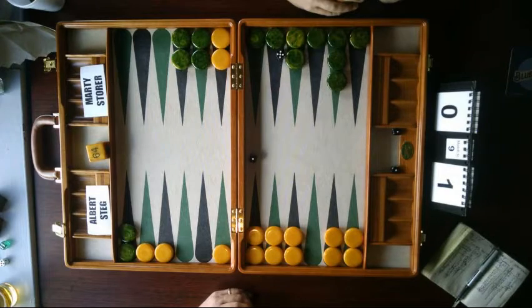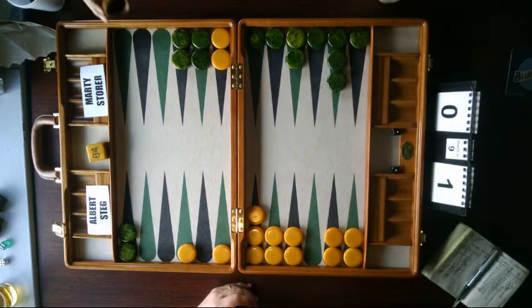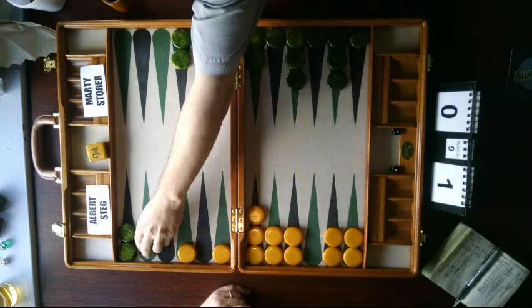6-2, and Marty's making kind of a strange-looking play. He's looking forward to a race. It's not so strange if you think about what he's trying to do. He's trying not to waste checkers. He's trying not to create gaps. He's looking forward to the race, and he's trying to keep contact on Albert's rear checker. So now a 4-2, and